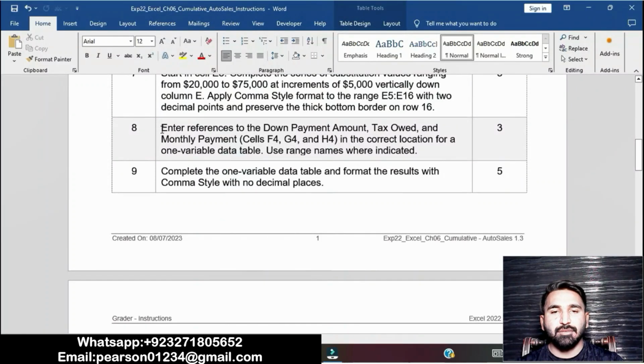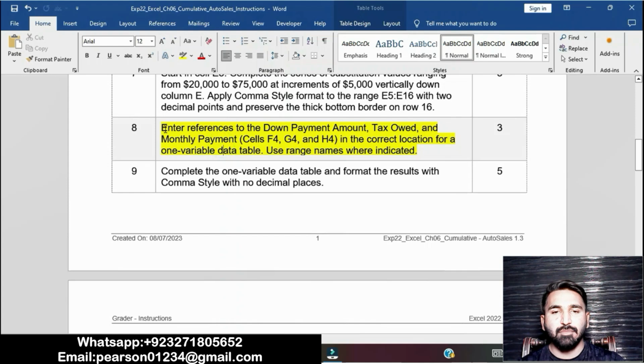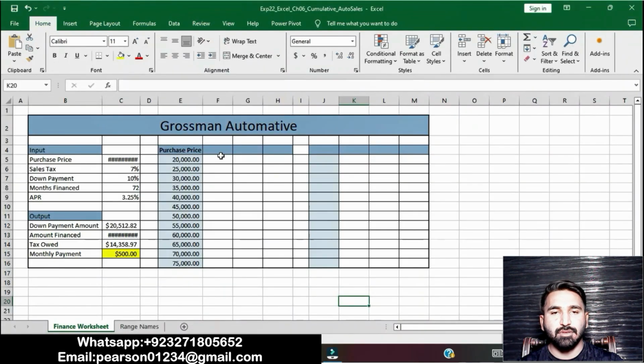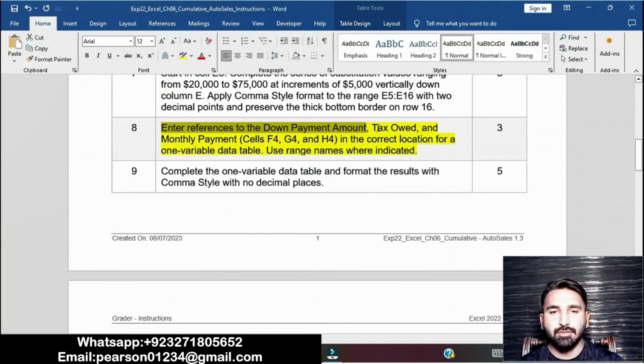Step number 8 is to enter references to the down payment amount, tax code, and monthly payment in cells F4, G4, and H4 to the correct location for a one variable data table. Use named ranges where indicated. Okay, click on F4, equal to C13. Enter references.